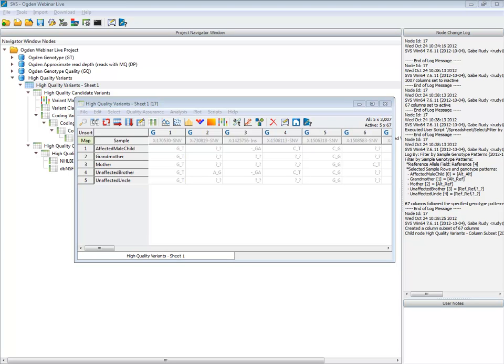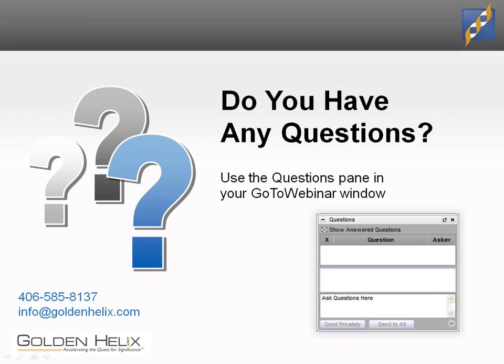So next question, this is probably a looking forward one, which is a great one. If we know that genotype quality and read depth for sequence data will improve in the future, do you think that individuals who have their genomes or exomes sequenced today will have to submit another sample for resequencing? I think this is really asking the more hypothetical question of, could you ever just sequence once and use that data forever? My feeling is,